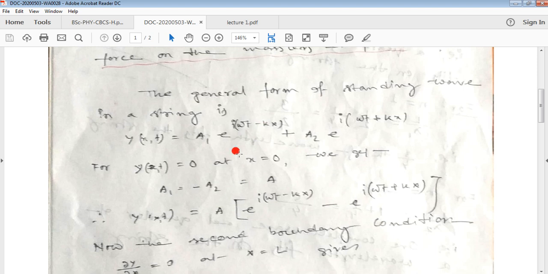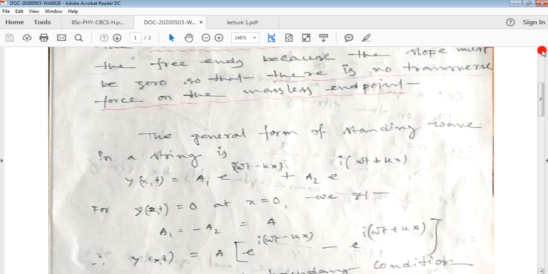So our aim now is to determine all these quantities, say A1, omega, k. If we know all of them, then we will find the final expression for the standing wave generated in the string. So in order to do so, firstly let us consider the first boundary condition, that is at x